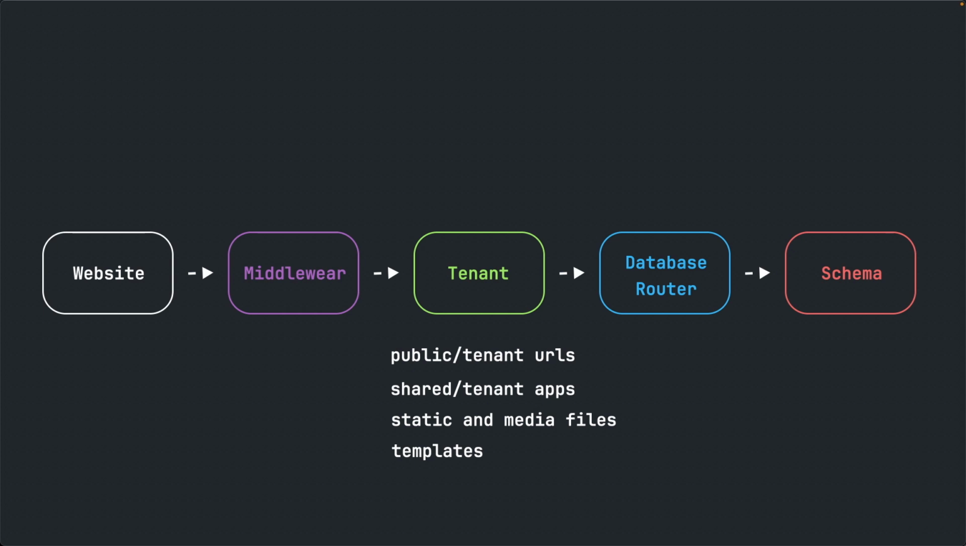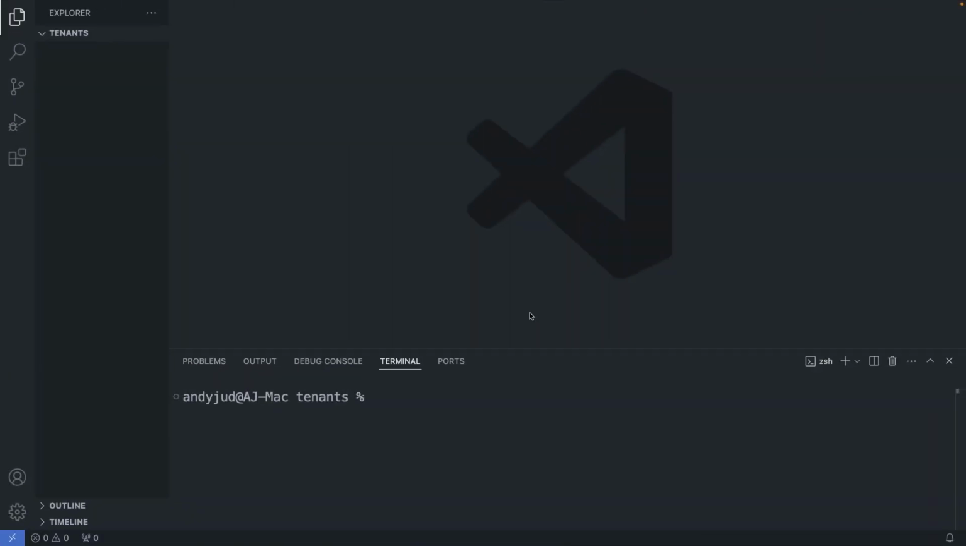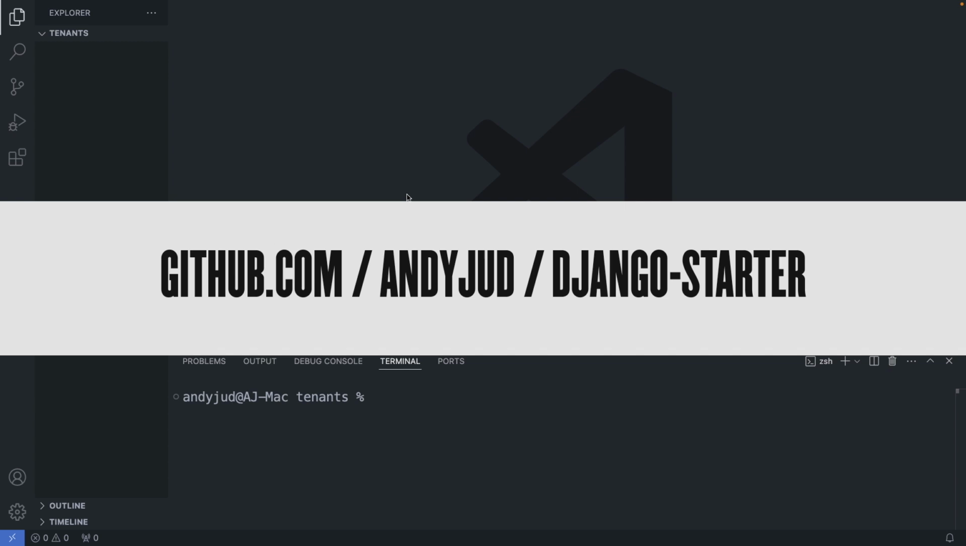Alright, I think that's enough of introduction. Let's set up a basic Django application now. So I'm here in Visual Studio Code as my code editor, and I have created an empty folder called Tenants. And in here I download now my Django starter code, which gives me a basic Django application we can build on. We can grab this code from my GitHub repository at